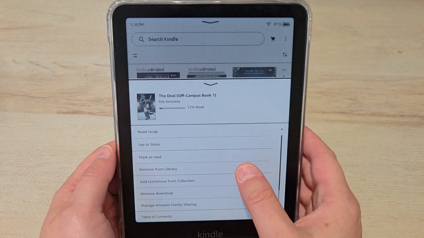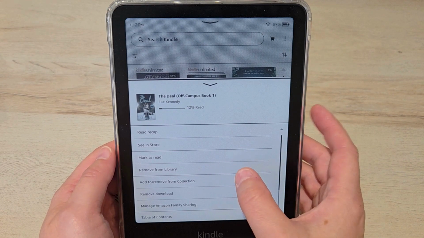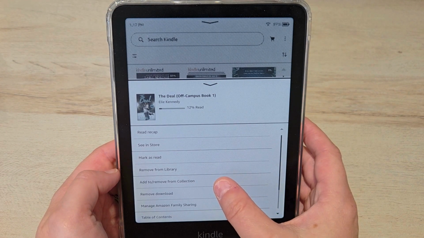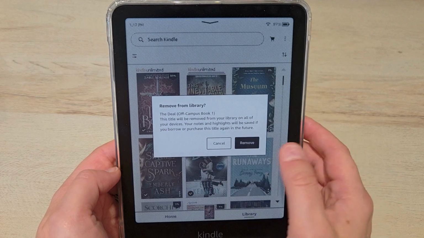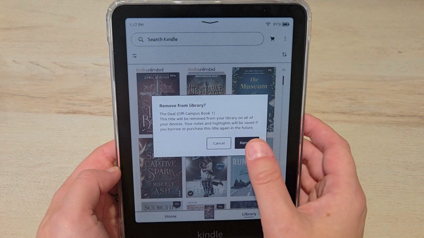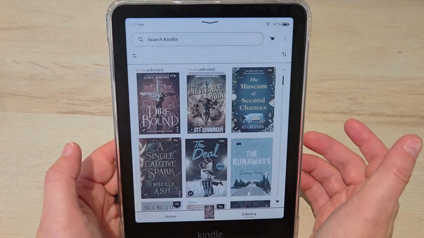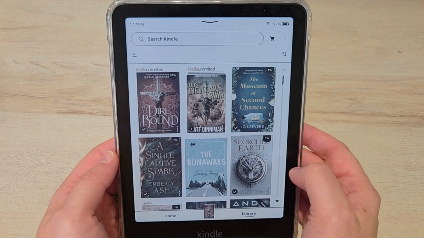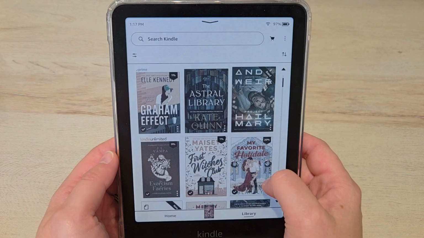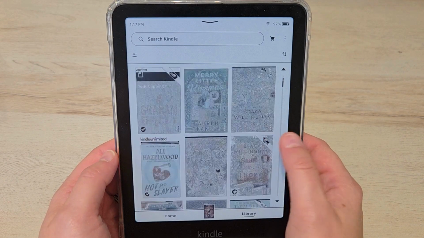You tap that and it brings up the same menu. You can just tap that remove from library. So remove from your library and you hit remove. Like I said, it'll take a second to update on your actual Kindle screen, but this is just a nice